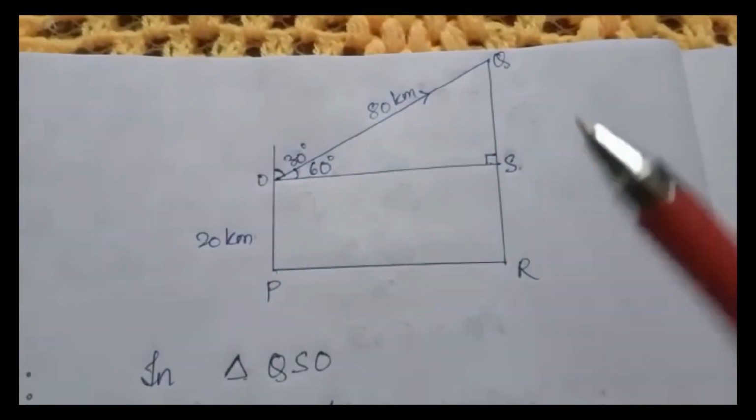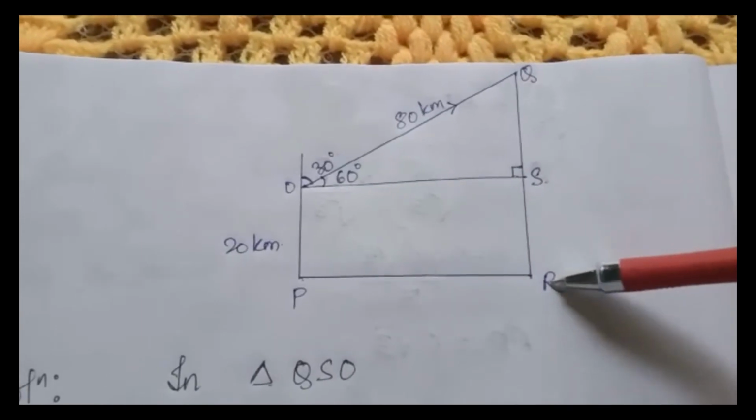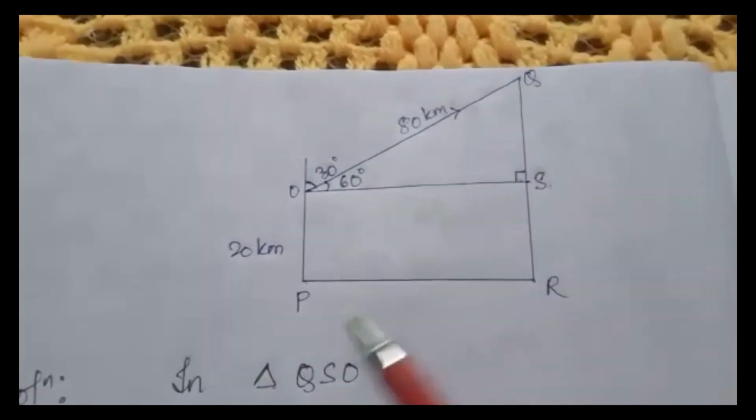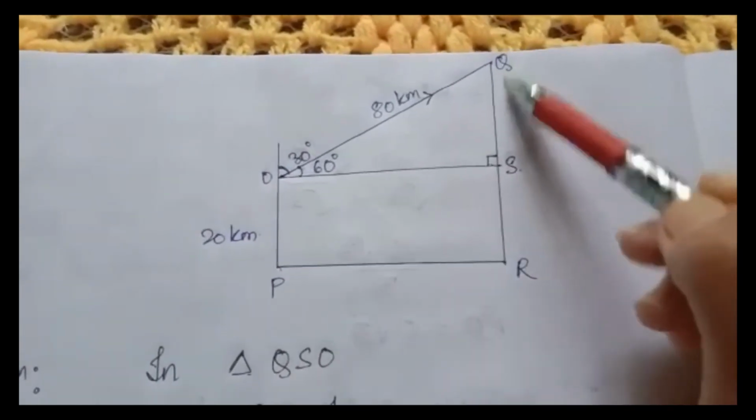Now first you have to find this QR. You have to find the height of Q from the ground, from R. So QR you have to find. Next you have to find PR. So we will use this triangle to find this perpendicular. So in triangle